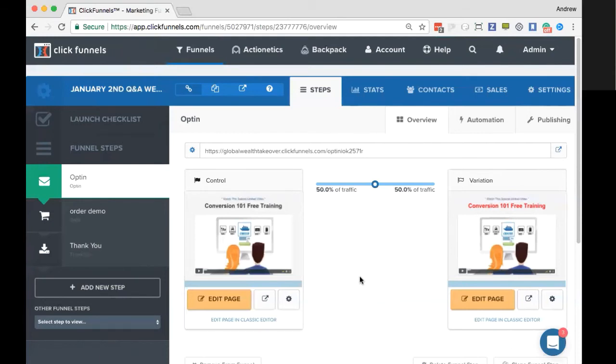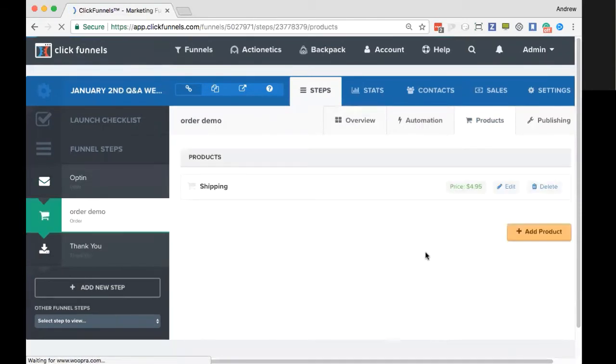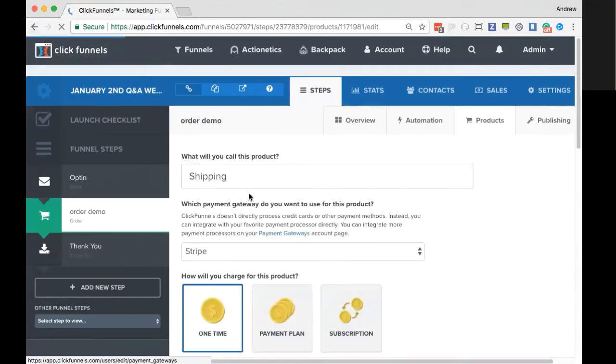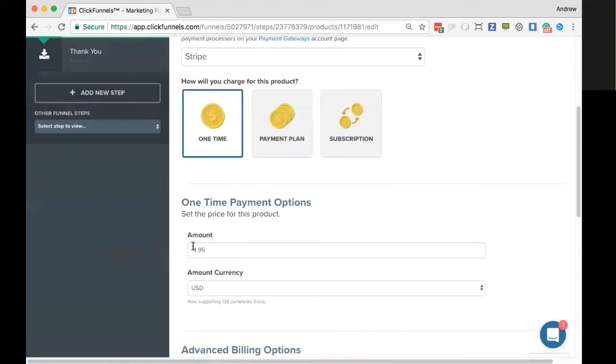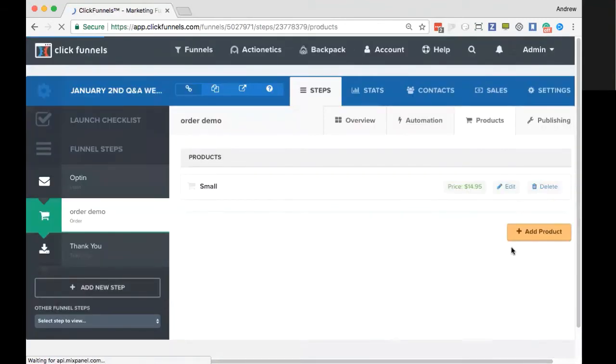Okay, so as far as that goes, you would need to actually set up an individual product for each of those sizes. To give you an example, if we go into an order page, and if I'm not mistaken, there might be a script in Funnel U that does this, but don't quote me on that. However, if you were to come in here and say, for example, this shipping, we wanted this to be size small or whatever it is, we'll just call this a small, and that's going to be $14.95 for our small t-shirt. We'll just call it a t-shirt for the example.